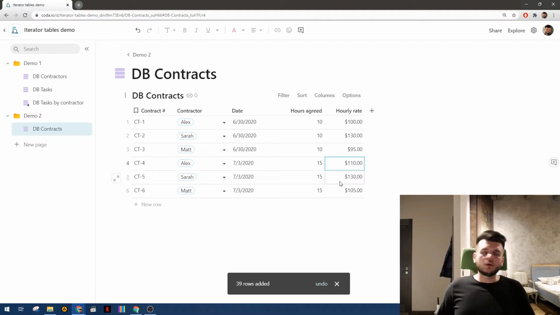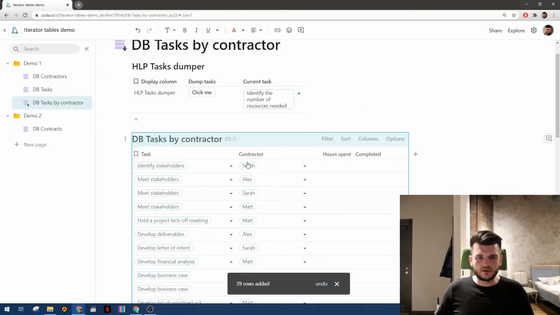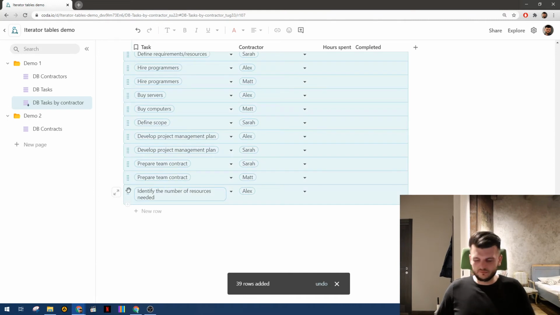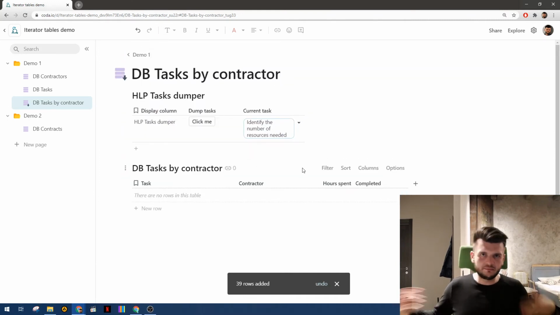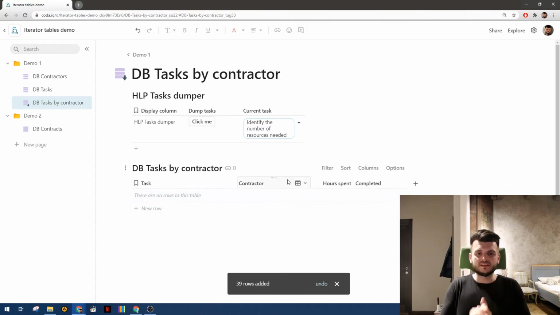So what we need to do is that we don't just need to dump tasks by contractor here, but let's imagine, and yeah, maybe it's a bit like a simulated scenario, but what else are you going to use Coda for if not for some specific and tailored scenarios that you are dealing with in your company life? So let's imagine that not only do you need to break down tasks by contractor, but you also need to